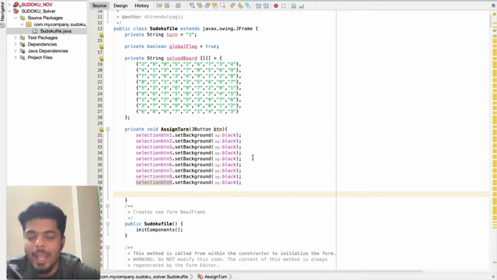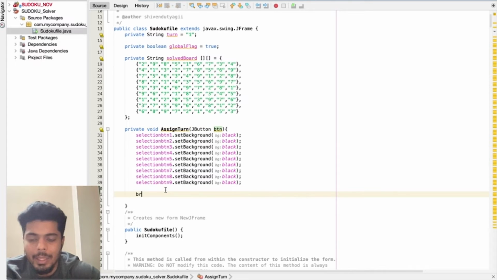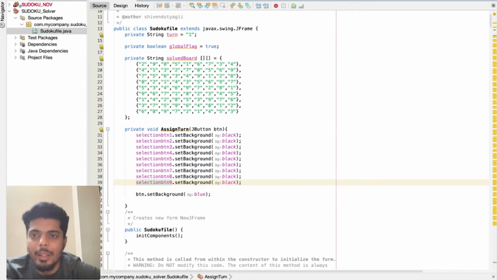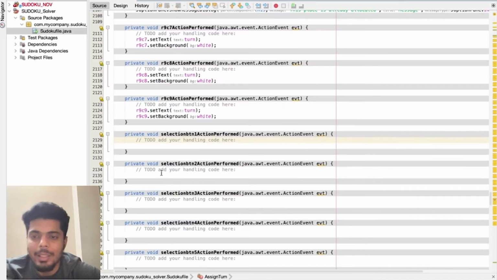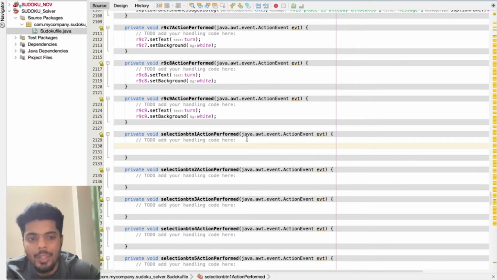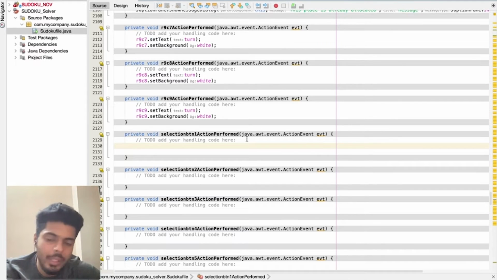Now the button which we have received in param is btn. So I'll set the background of this btn as blue. A very simple, indeed a very sweet approach of changing the colors. Now since the color changing is all done, we can write the functionalities of every single button, and every single button will follow this function first, and then we will change the value of the turn variable accordingly.